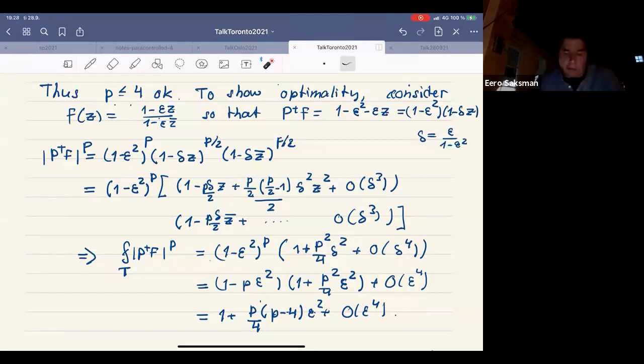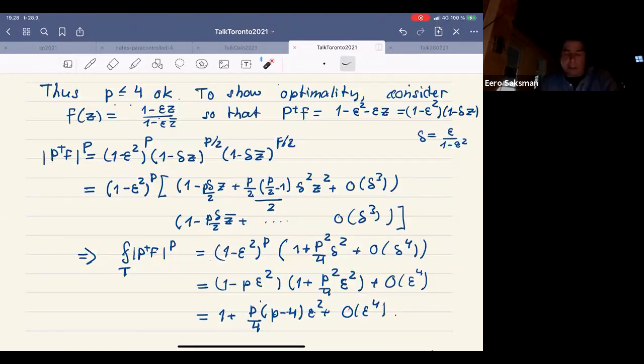Now we see what is the Fourier series of p plus f to power p, and of course the integral of the constant terms you obtain by multiplying 1 by 1, the z by z bar, and so on. So actually, it's very easy to compute, and at the end, after the dust settles, what you get is